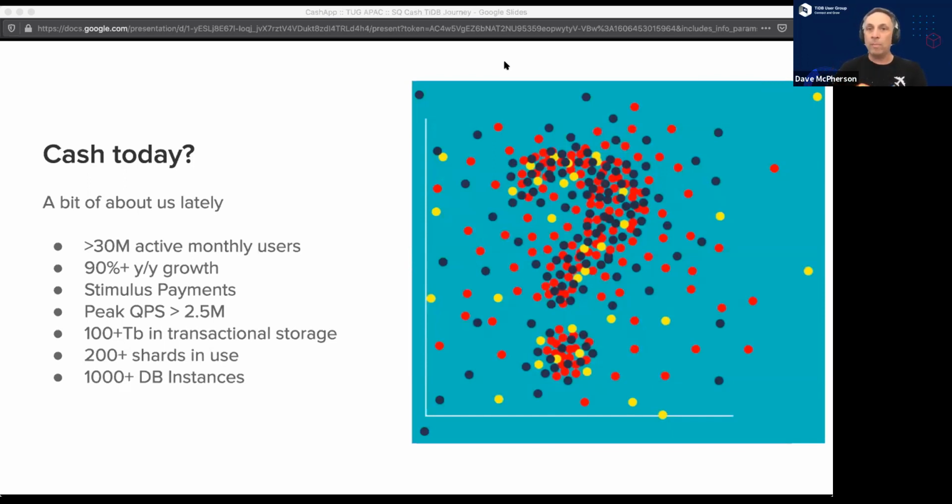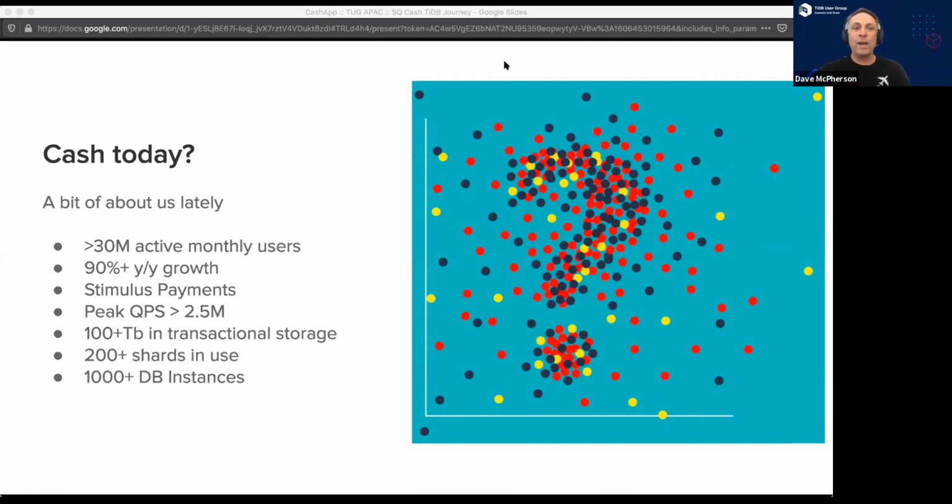So at the moment, in peak times, which is typically Friday afternoon and Friday evening in the United States, and because that spreads across the continental United States, it really spreads those time zones, it means a good 12 hours on Friday we're running at a very high load. Some of the peak queries per second can be around 2.5 million queries per second, which is a problematic metric, but regardless, the load is pretty high.